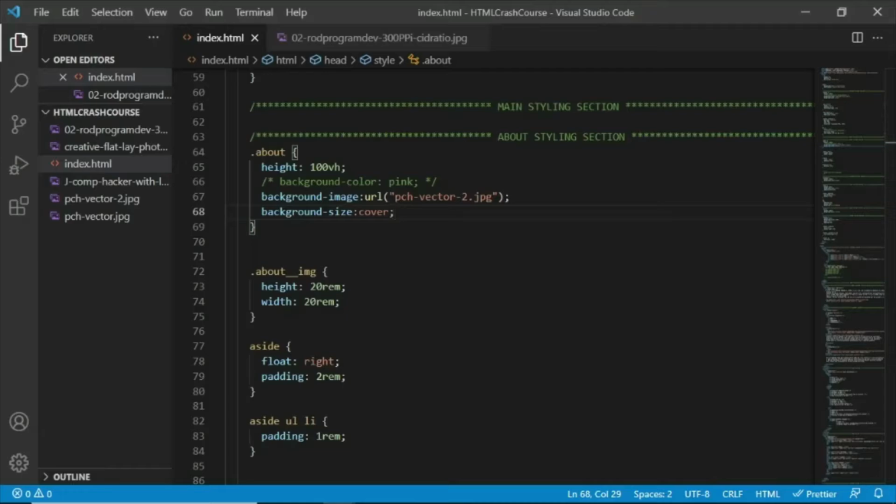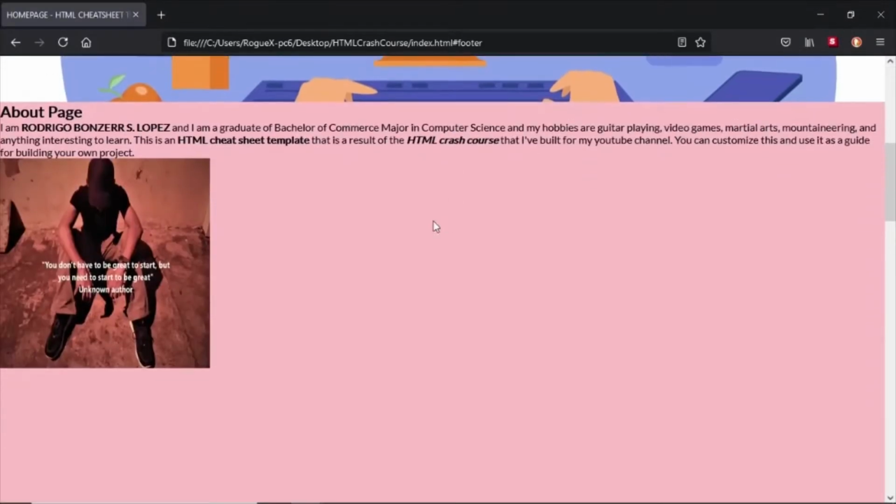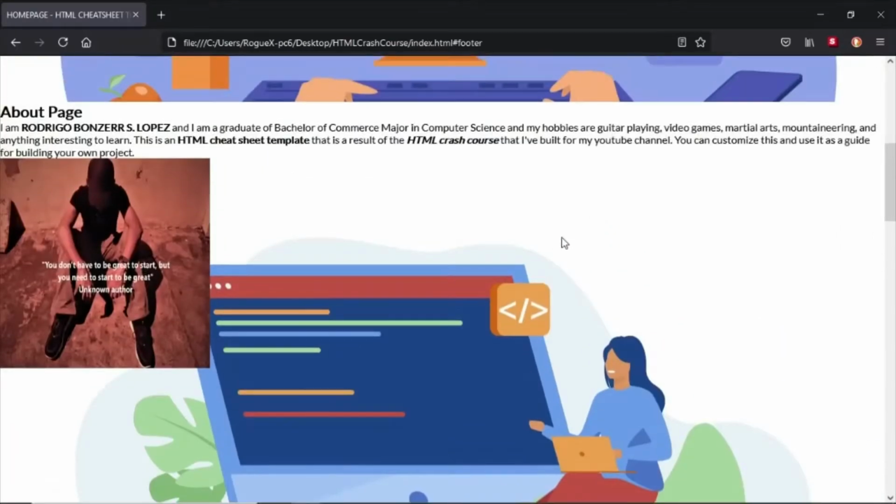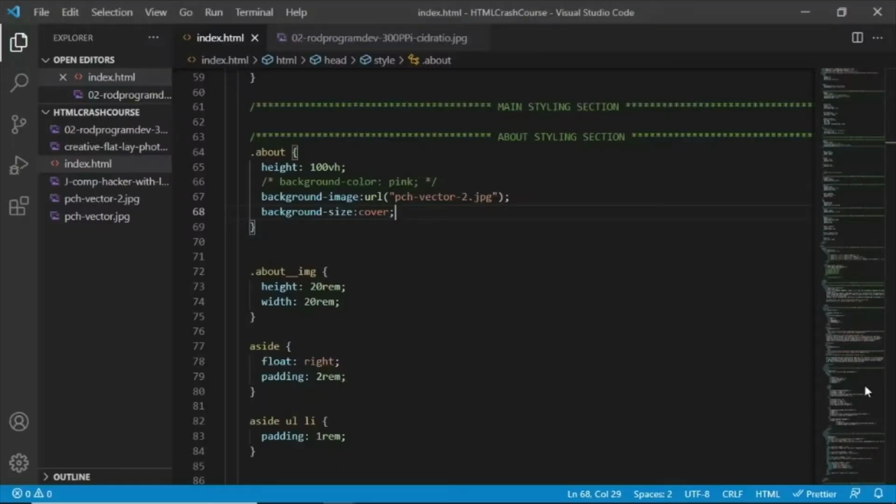Let's see first how that will look. At least you'll see what's currently happening. And there we go. We now have that background in our second section. Okay. And if we go back to our code here, what I would want to apply, some properties here,